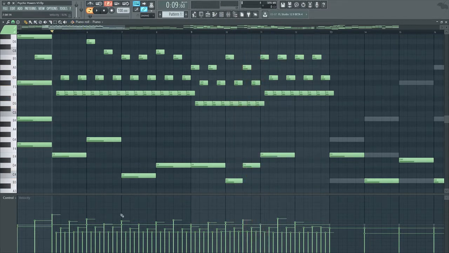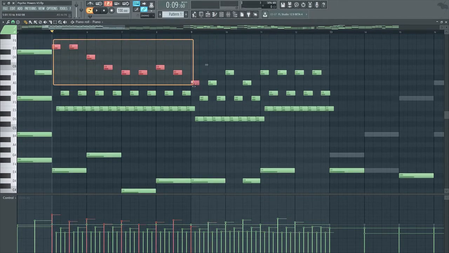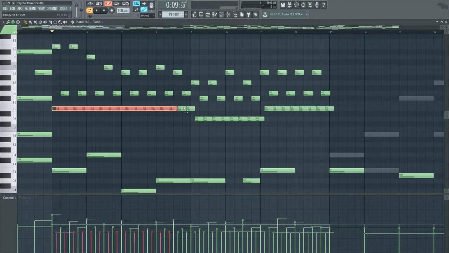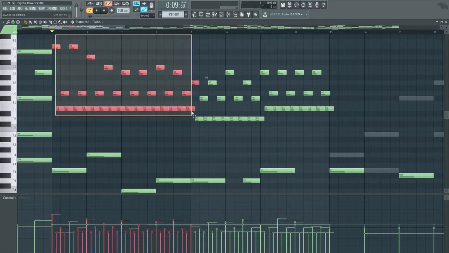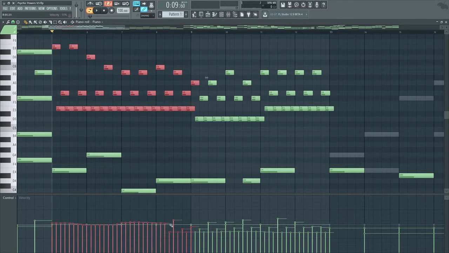So what have I done here with these articulations? Well, I've made sure that the higher notes are slightly louder. You can see these velocities are a little bit higher than these lower notes, which are actually the same. I could vary these up a little bit as well. But the key thing I want to point out is these higher notes are a little bit louder. These middle notes are a little bit lower, somewhere in the middle, and the lower notes are the quietest. If I were to have all of these exact same articulation,